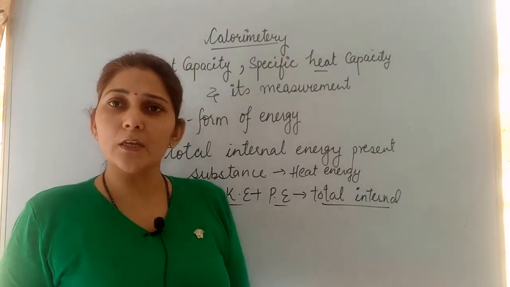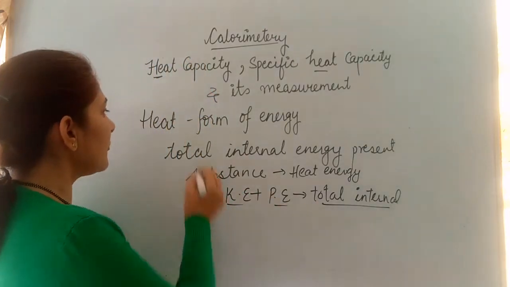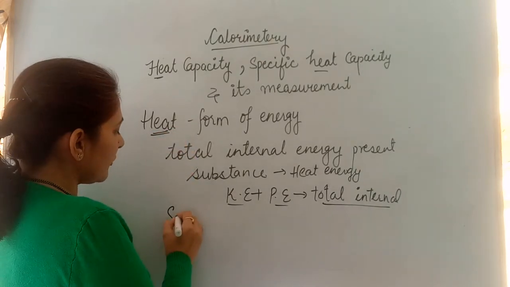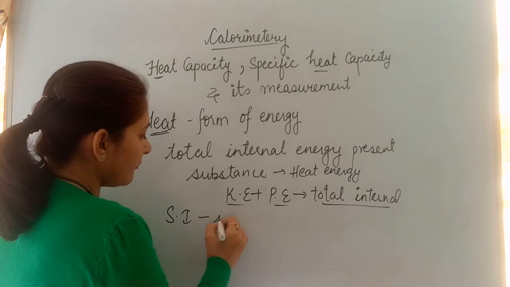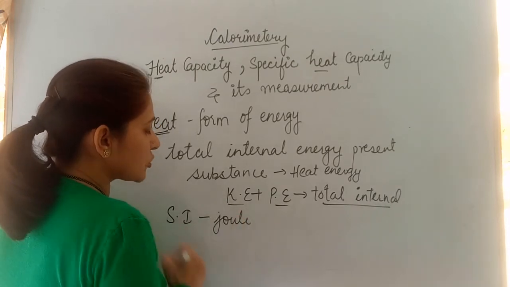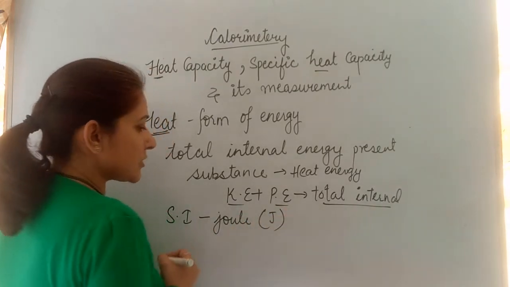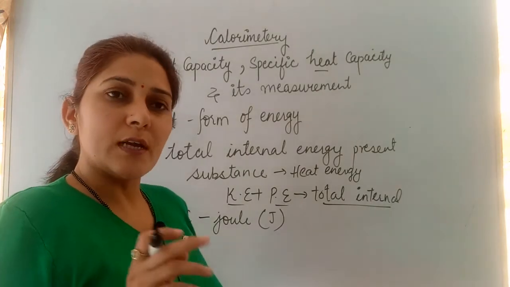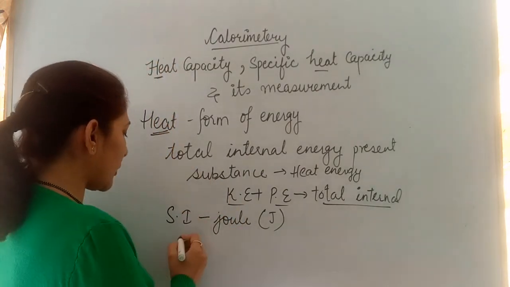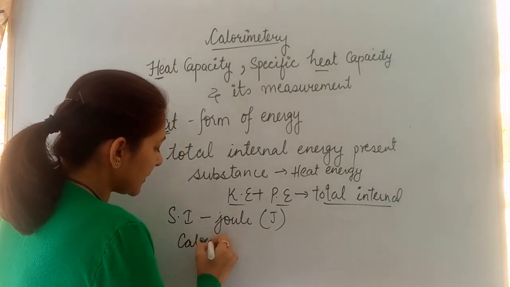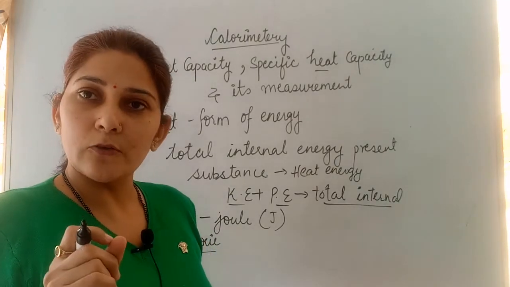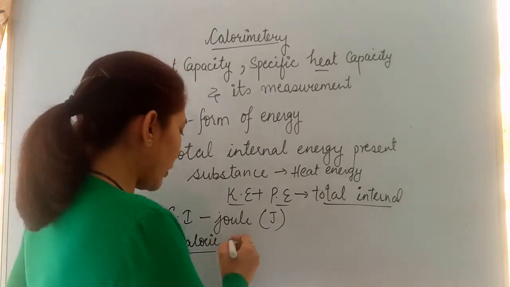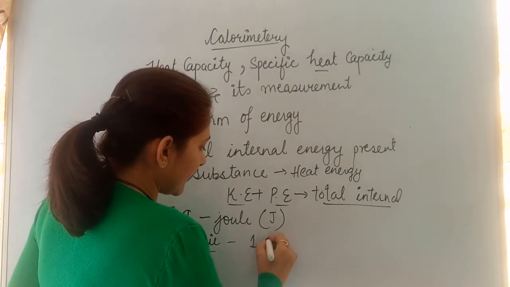So basically we now need to talk about the SI unit of heat energy. As it is a form of energy, the SI unit is the same which we use for energy, that is joule. It is denoted by capital J. But one more unit we are supposed to study when we are talking about heat, that is calorie. Basically this calorie is considered a practical unit for heat. And what is this calorie? 1 calorie is